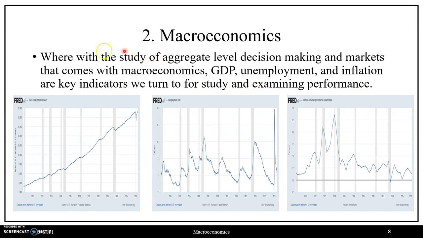Where with the study of aggregate level decision making and markets that comes with macroeconomics, GDP, unemployment, and inflation are key indicators we turn to for study and for examining performance of an economy, where below we have graphical representations of our three indicators. We have real GDP on the left for the United States from 1960 to early 2021. In the middle, we have the unemployment rate for the United States from 1960 to early 2021. And on the right, we have the inflation rate for the United States from 1960 to early 2021,